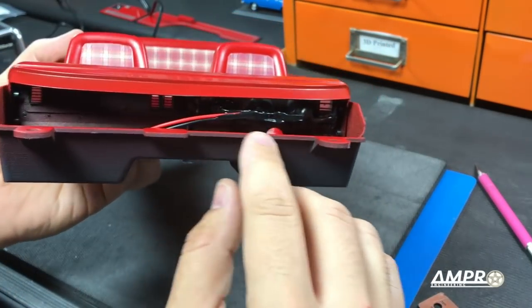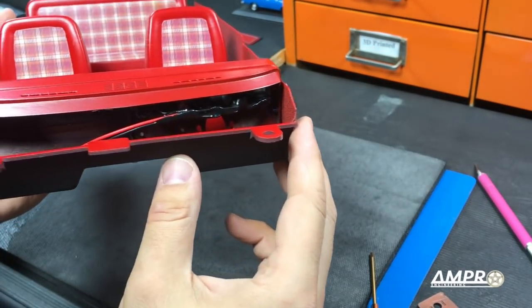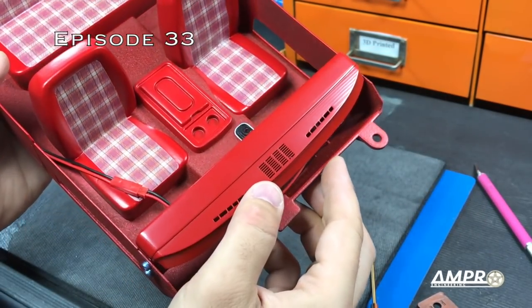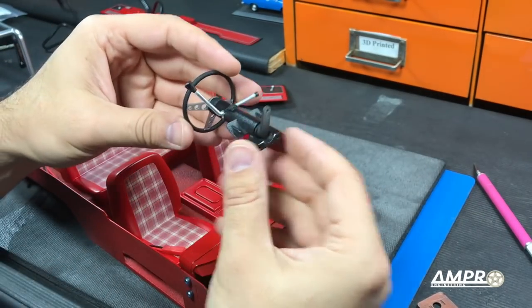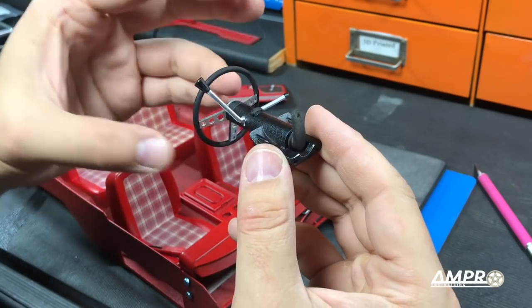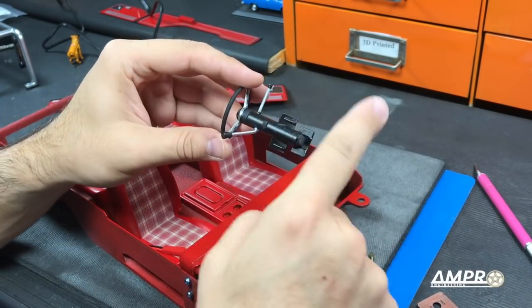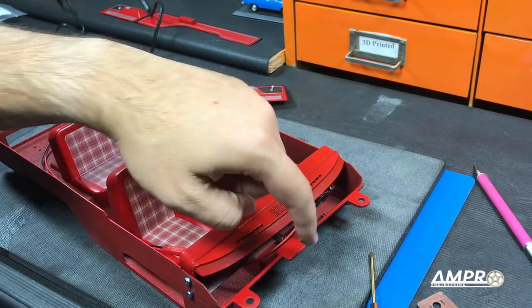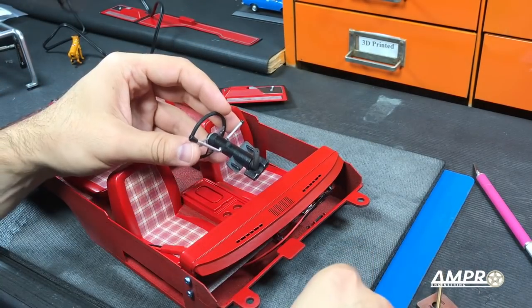If you're wondering what the heck is going on back here, I've installed the lighting set that I made. I have an entire video as to how to wire your own LED lights. We can now put in the steering column. Now this is going to be an operational steering column. So what you're going to have to do is bend your own wire to go from this point here, just a little S bend, to go to a servo that you place here. I'm going to put one in a little later on with some double-sided tape, and then have it attached to